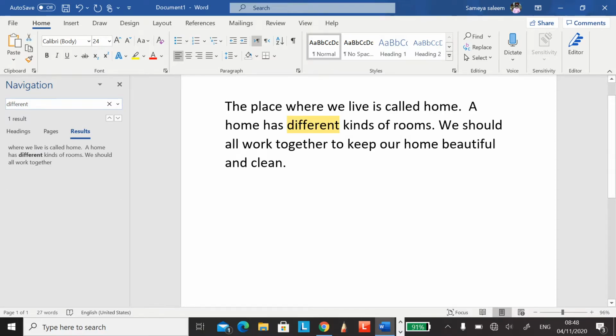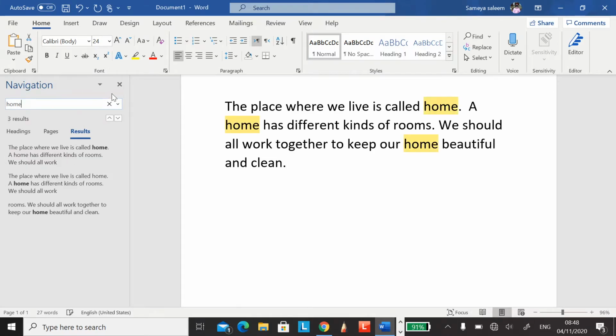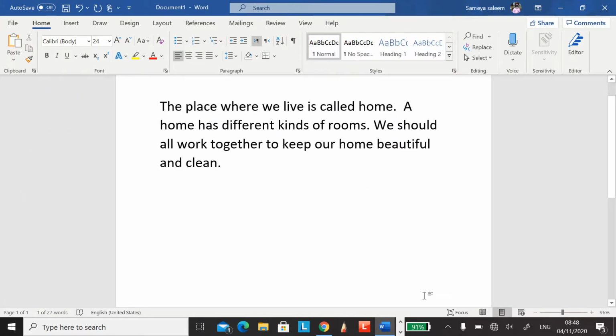Different. Can you see? All the words I'm looking for it is highlighting in yellow. Clear class? This is the way I'm going to find my word in my Word document. Clear class? Okay. Now, next let's go to our PowerPoint.